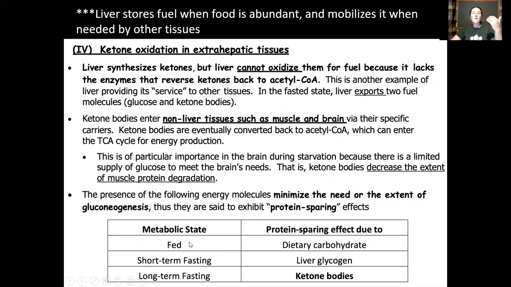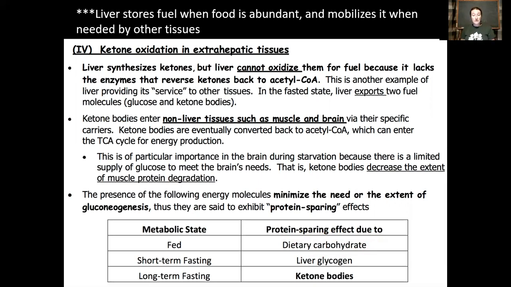So first of all, when we are fed, right? So when we are eating breakfast or for the next hour or so after we're eating breakfast, our body is fed, right? So our digestive system is breaking down those polymers, and we are absorbing nutrients into our blood. That blood, of course, circulates throughout the body and feeds our tissues directly. And so things like glucose can go directly from our digestive system to our tissues. And so we utilize these dietary carbohydrates when we're eating or soon thereafter.